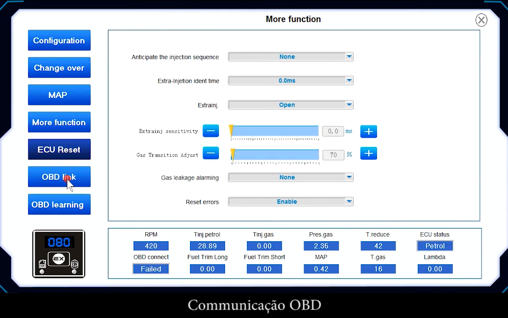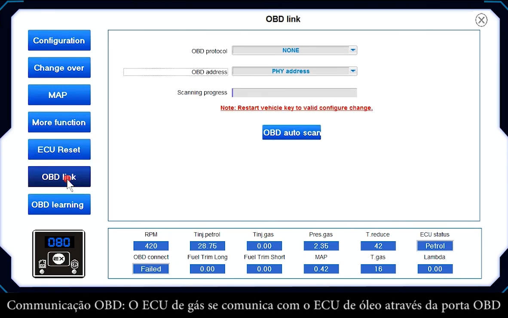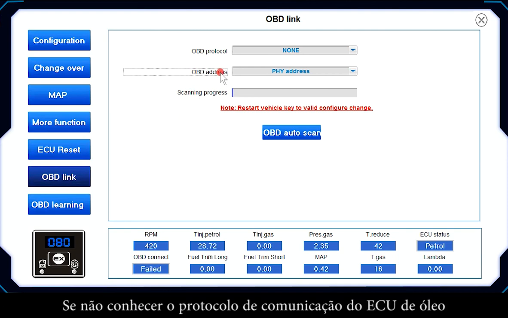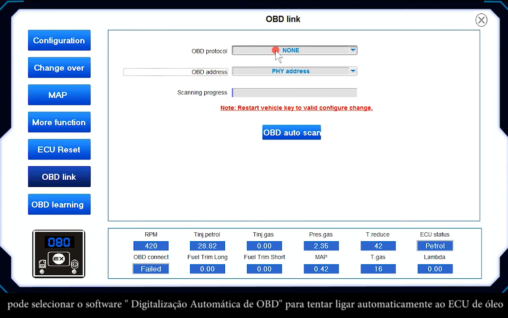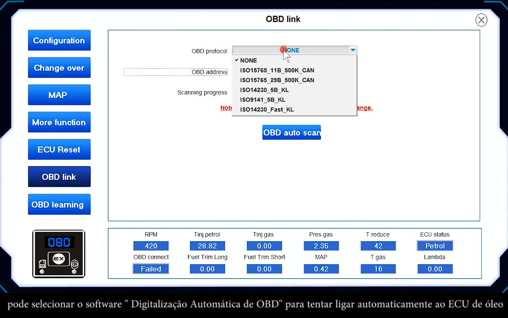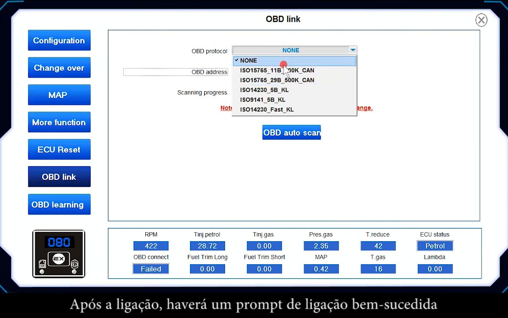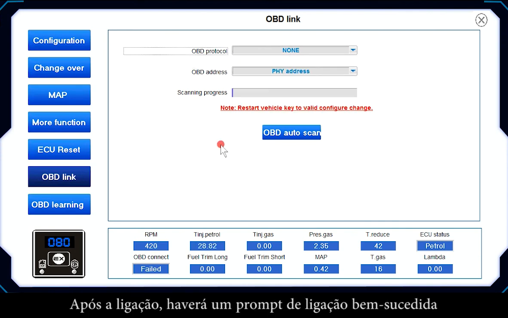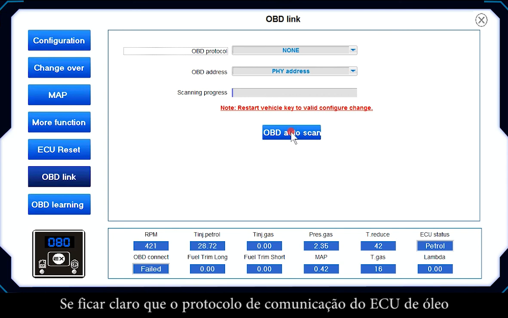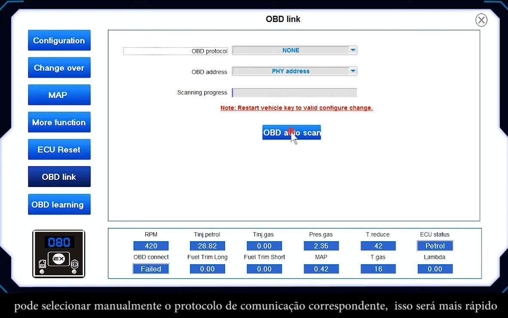OBD link. The gas ECU communicates with the original ECU through the OBD connector. If the communication protocol of the original ECU is not clear, you can choose OBD automatic scanning software to try to connect to the original ECU automatically. It will show a connection success prompt after the connection. If the communication protocol of the original ECU is clear, the corresponding communication protocol can be selected manually, which is more